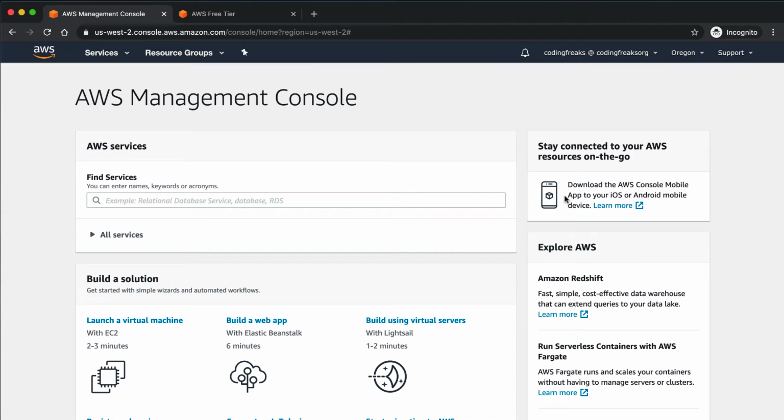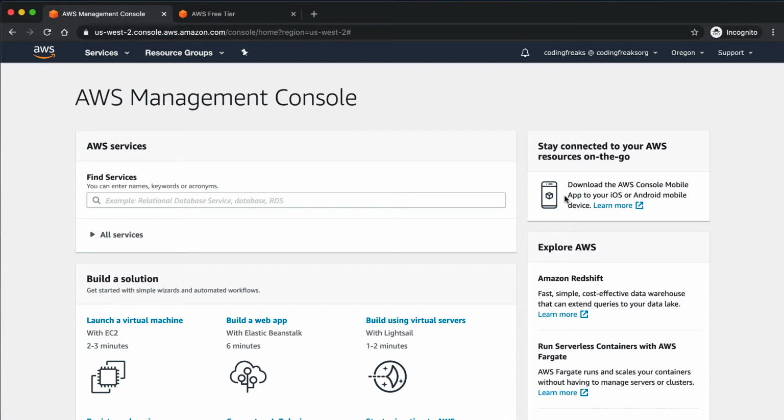Today we are going to learn about a storage service provided by Amazon, which is Simple Storage Service, S3. In this video, we are going to have a look at what S3 is, how it stores data, how much it costs to store and retrieve data, how to make the data public, and also how to keep that private. Let's get started.